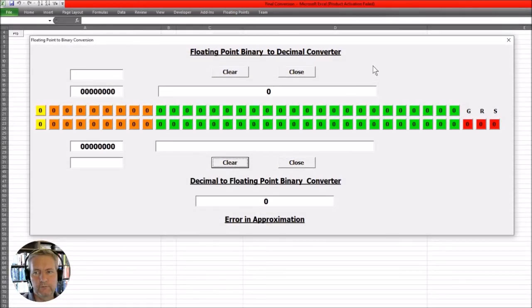So I've opened up the conversion tool here. So if we put in our value 3.14, and you can see that we've got this binary value here, and the hex for it is 404.8F5C3, and that's the same as we've seen in the previous page. So it does work, and this is a much simpler and more intuitive way of looking at the conversion between a decimal and a single precision